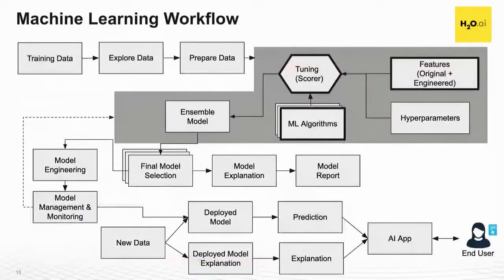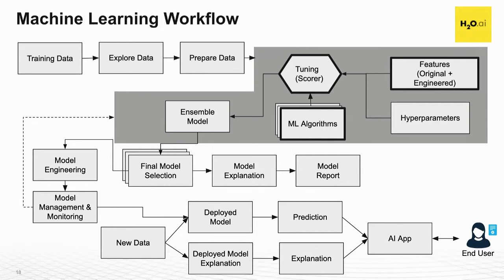So as we look at this whole machine learning process and we talk about automating, what exactly are we automating? So here's a view of a machine learning workflow, right? And so there's a whole training of data, exploring data, and there's multiple aspects to preparing data. And so there's an aspect to just preparing the data for machine learning, which basically means particular algorithms expect the data to be in a particular format to be able to work. And then you get into this very iterative process of tuning models, right? And so you got to select the model, you got to look at what hyperparameters are available for that model, what feature engineering you can do on that model to keep improving that signal. And then you want to iterate through that process.